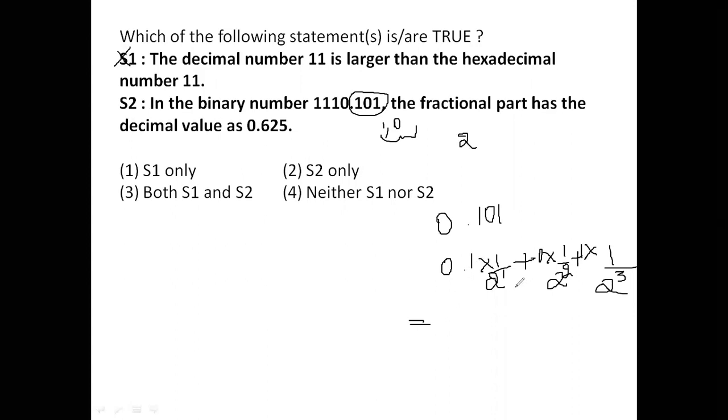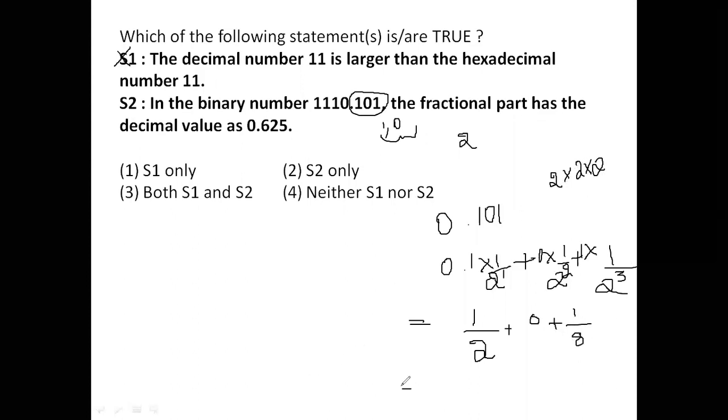So how can we consider it? It will be classified as 1 by 2 to the power of 1, which is 2, plus 0, because whenever you multiply anything with 0, it will be 0, instead of doing all the calculation. Then 1 divided by 2 to the power of 3. 2 to the power of 3 is nothing but 2 into 2, so 2 to the 4, 4 to the 8. So it will be 8.